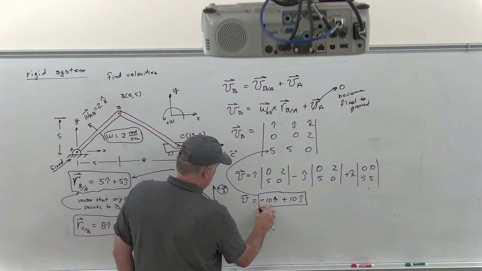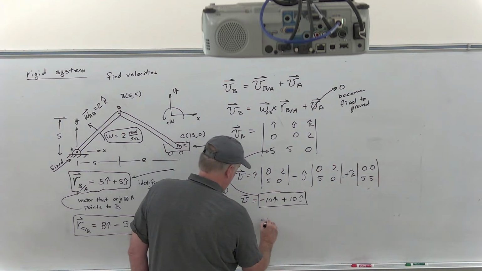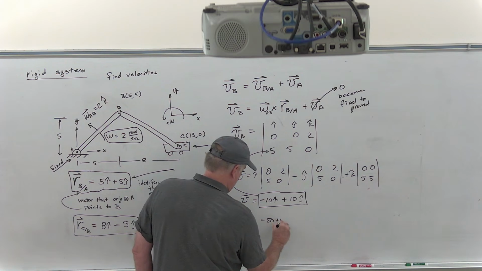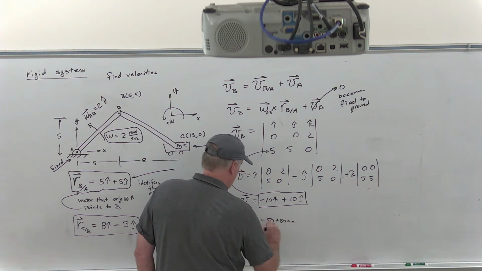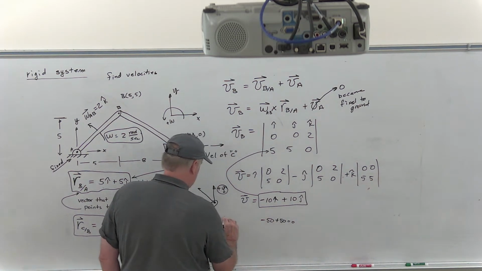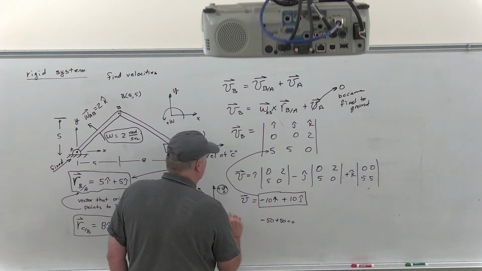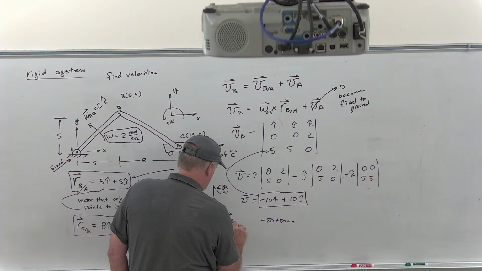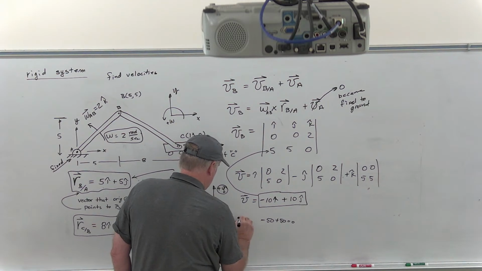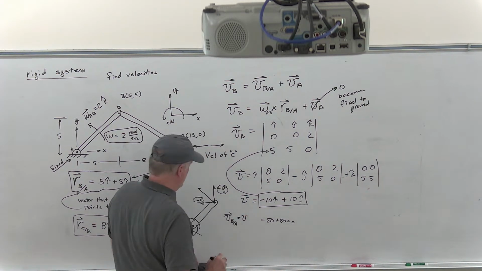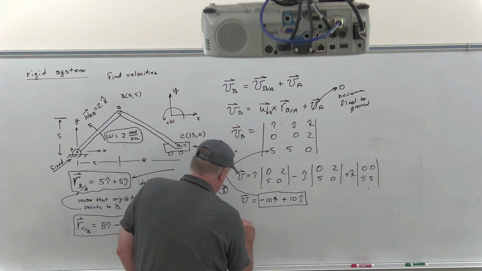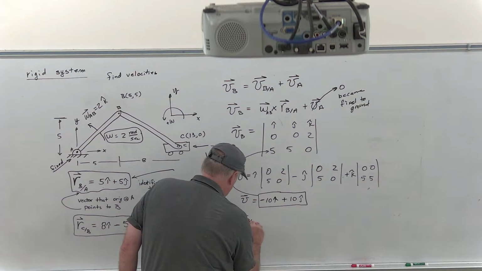So a minus 10 times 5 is minus 50. A plus 10 times 5 is plus 50. And it's 0. So my dot product checks. In other words, my velocity of B relative to A dotted with R, which I don't know why I wrote B, but I meant to say R via A, by definition, must